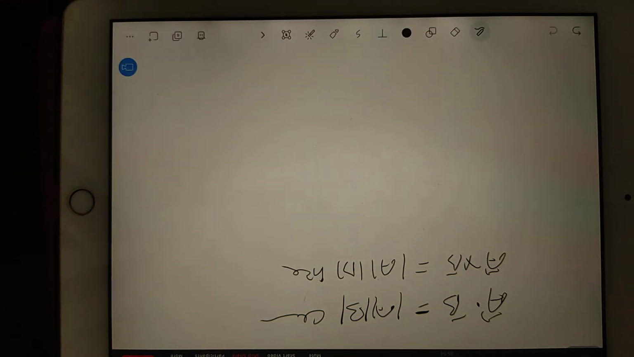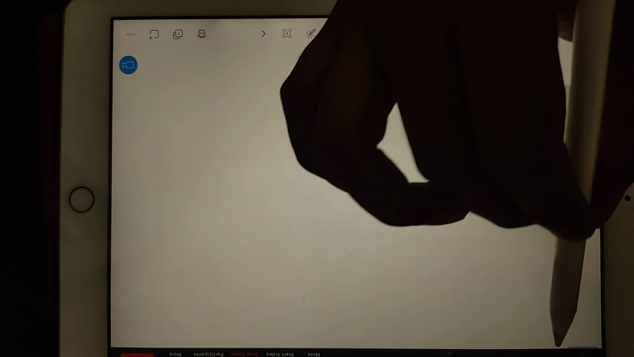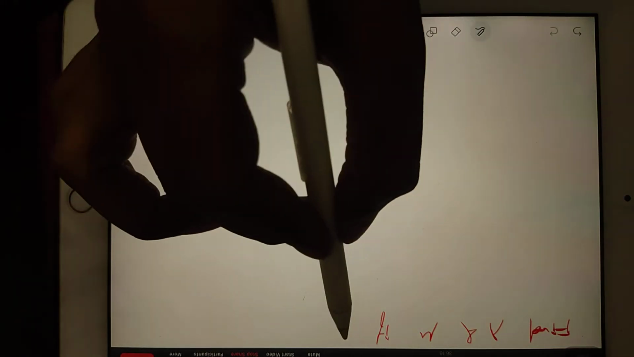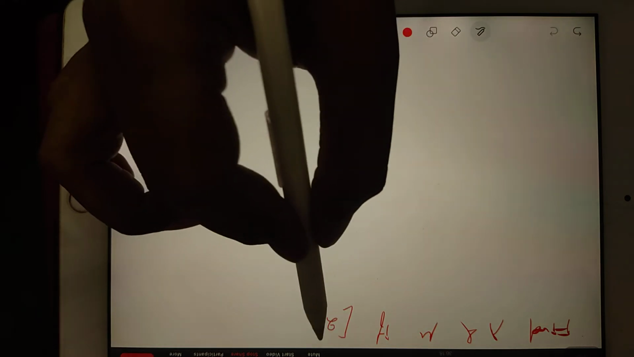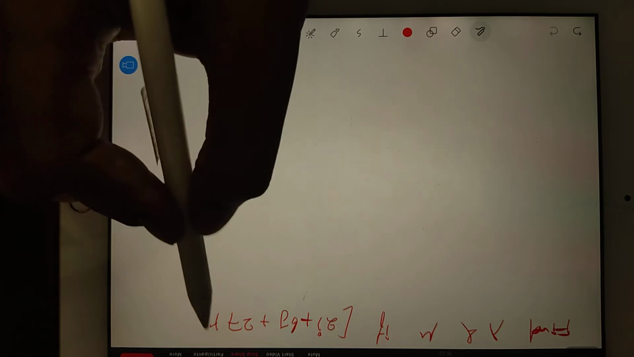Now let's go for another question. These questions are easy, but we should practice this. This question is: find lambda and mu value if (2i + 6j + 27k)